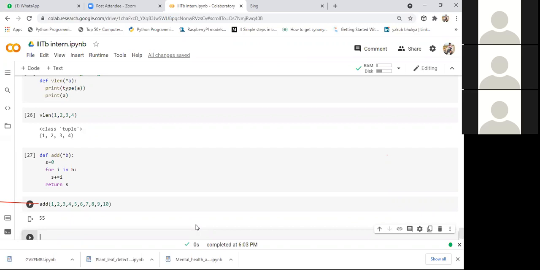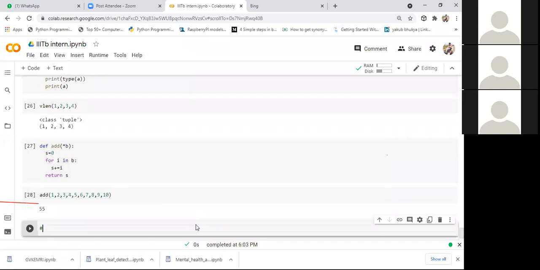That's about variable length arguments. By using variable length arguments, you can perform any operations easily as well. Whenever you define a function with variable length arguments, you can specify any number of parameters while calling that function. That is the major advantage of variable length arguments, guys. After that, we'll have keyword variable length arguments. The last kind of arguments are keyword variable length arguments.